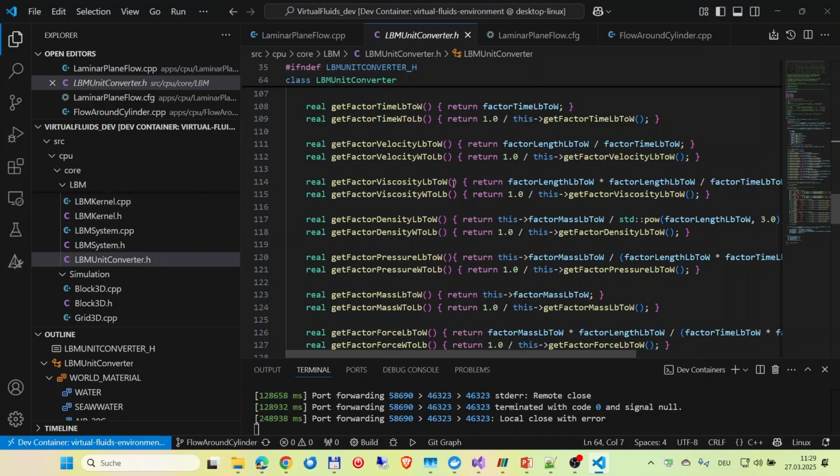It's totally your decision. But I want to show you there is this possibility to apply SI units or